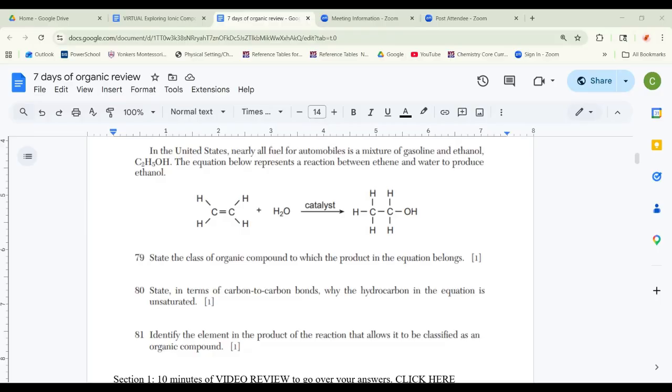That's what you're looking at. And so it has a double bond between the carbons, is why it's actually an unsaturated molecule. Okay, and then last but not least,